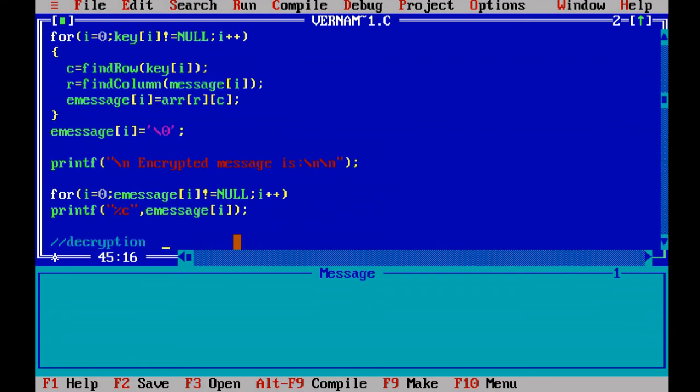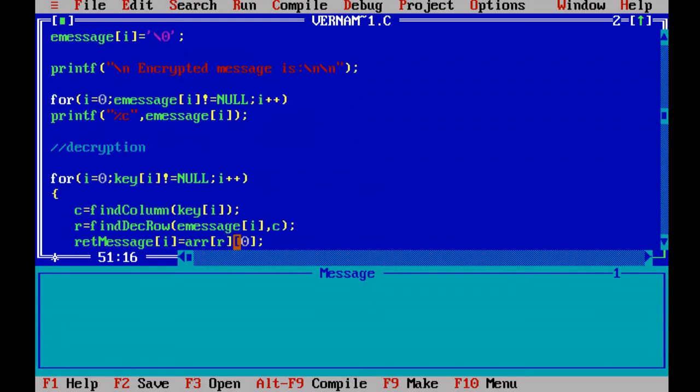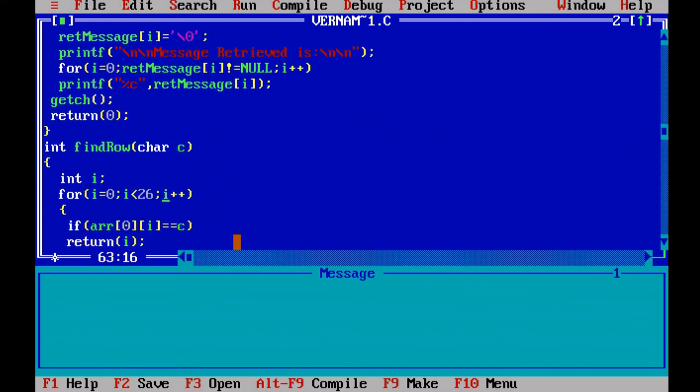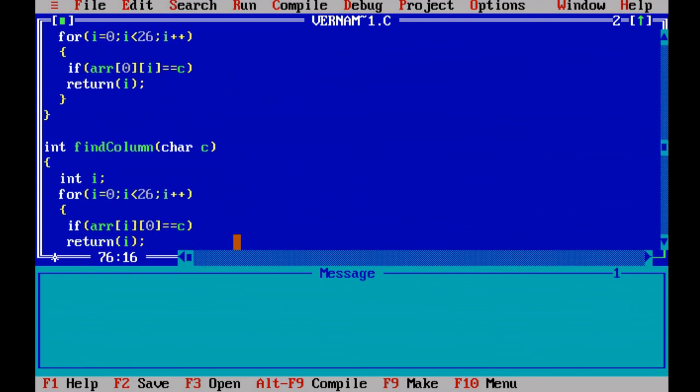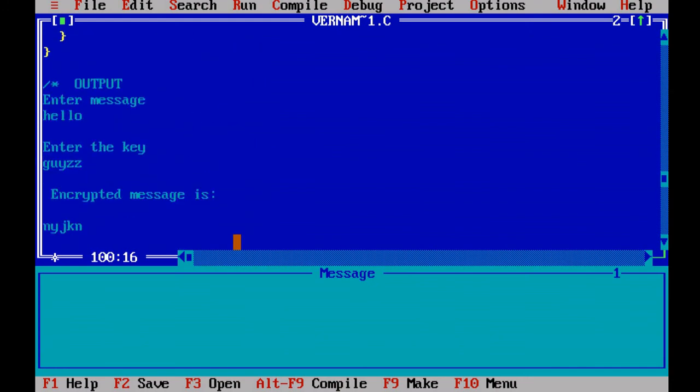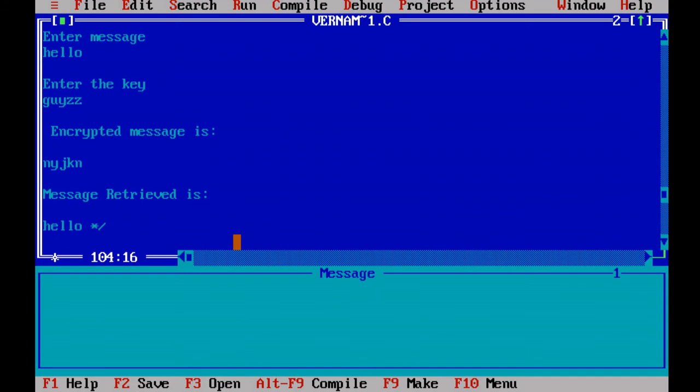Then it converts them into numbers and adds them. If the sum is greater than 25, it subtracts 26 from the addition, and we get the final encrypted message. Also, this program retrieves our original message, which means it converts our ciphertext back to the plain text by reversing all the steps.